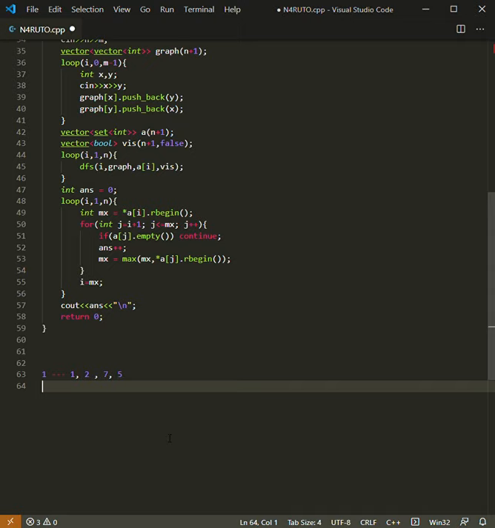Then we don't want to set anything for 2, so this will be empty because we have already considered it in the first component, that is 1 will be the minimum element of this component in which 2 lies.